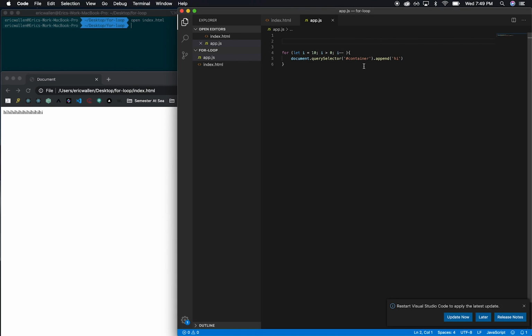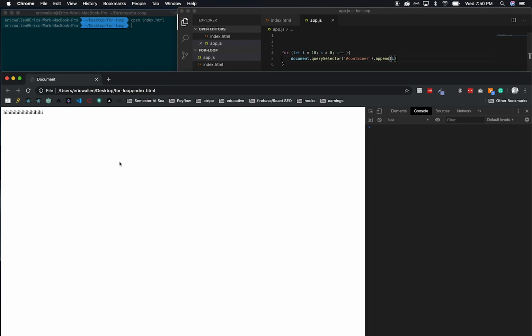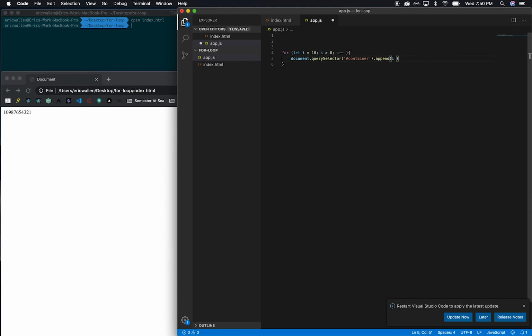So now let's say I'm still counting down. So that's what i is. So if I put i in here, right? i is a number. So that's how we're accessing i. So if I put i in here, I'm going to count down by 10, right? Pretty cool stuff, right? So if I wanted to give it some visual separation, I could